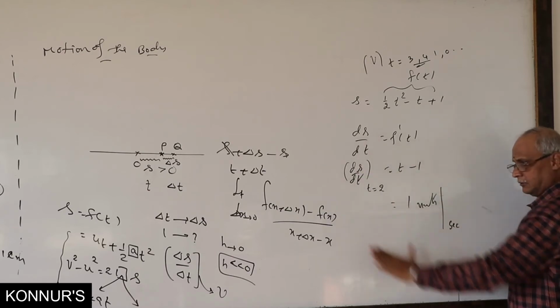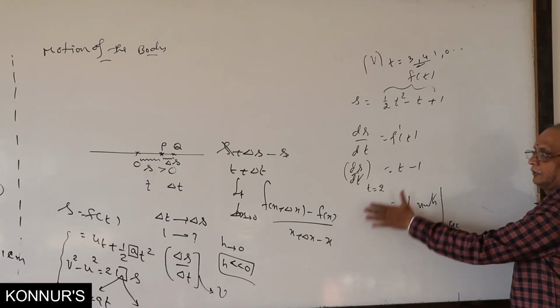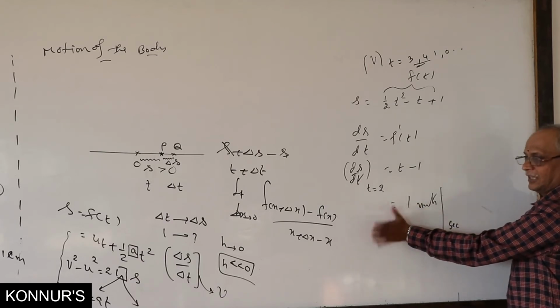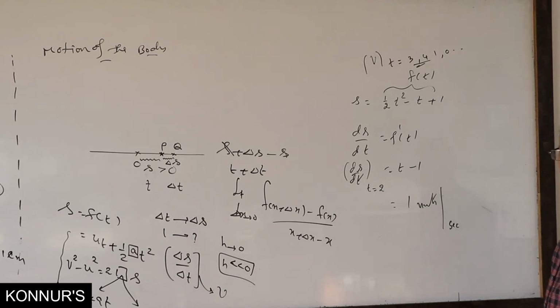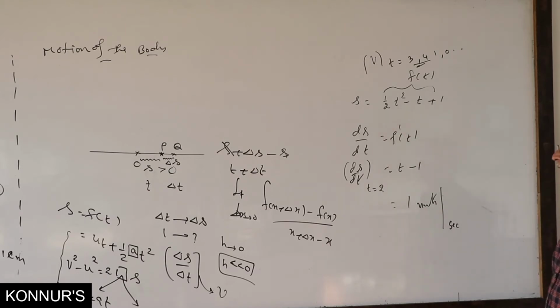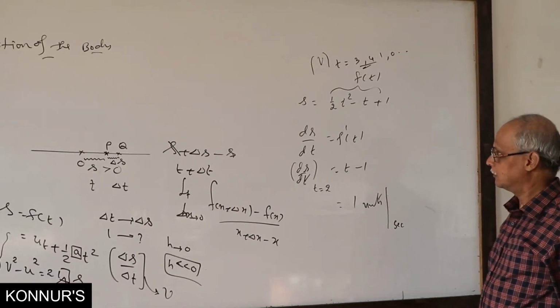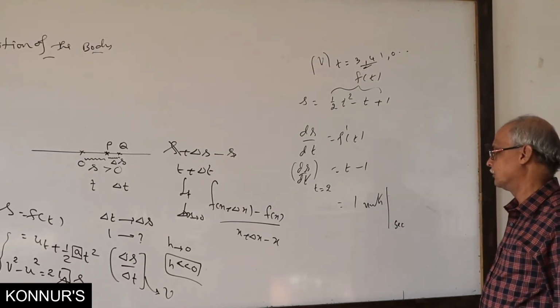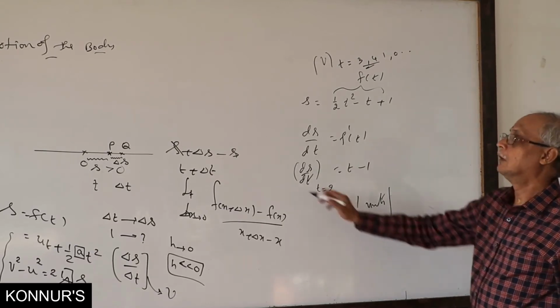This is called, finally, in our unit, a very easy problem, you can select in the beginning only. Find velocity. A particle is moving on a straight line according to the following rule. Find velocity at time t equal to 5, 4, 3. Derivative, then substitute in it. Answer. Finish it. Next.